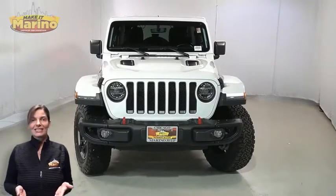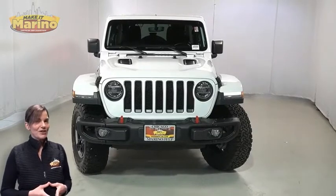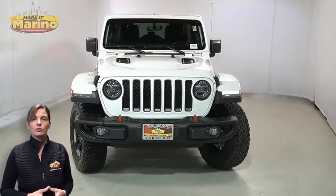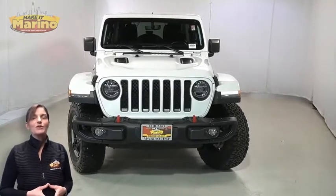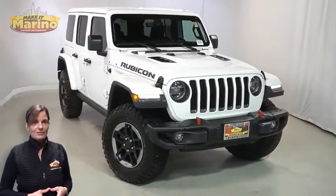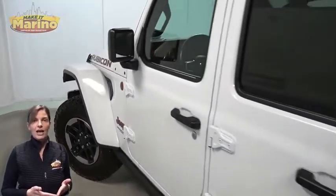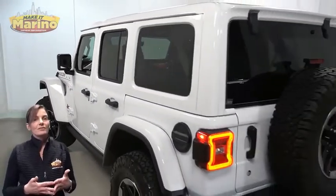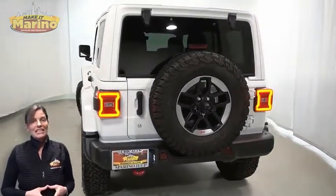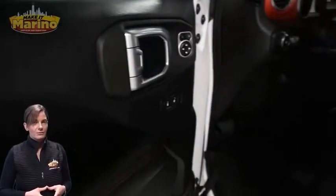Power, performance, capability, and capacity allow you to take this on and off-road as you take on new adventures. Take a look at this 2018 Jeep Wrangler Unlimited Rubicon in bright white. With LED reflector headlamps, front LED fog lamps, 17-inch aluminum wheels, body color Freedom Top 3-piece hardtop, LED tail lamps, rear window wiper and washer, heated front seats, heated steering wheel, 43,000 miles on the odometer,